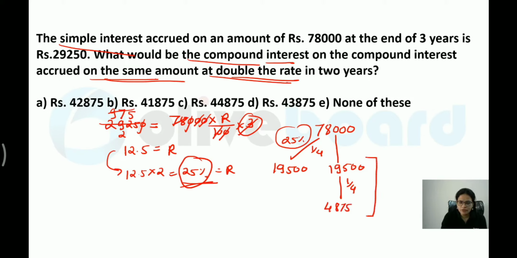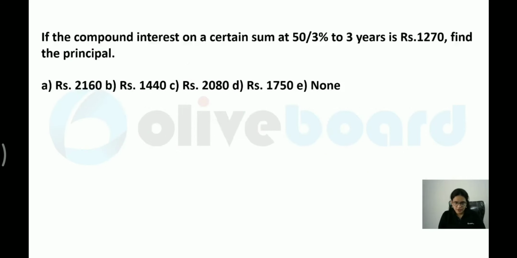So how much would be the total amount? You can add both of the values over here. That is nothing but 43,875. Okay, so 43,875 would be my total value in this case. I hope all of you are getting it. This is how you have to calculate the question using the tree diagram. Let us move on to the next question.